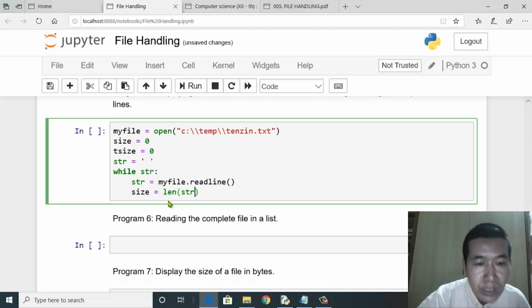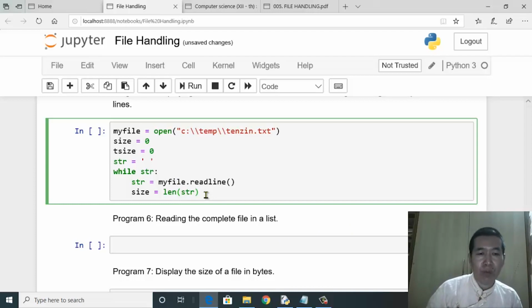So what this len function will do is it will count the number of characters in the str, and what you have in str is the sequence of characters of the first line which has been read from the file handle of my file. So in short, the value of str will be the first line, and then len function will count the number of characters which will be equivalent to number of bytes, and this value will be assigned to size. So the size will have the number of bytes or number of characters of the first line of the file called Tibet. And then we'll go further.